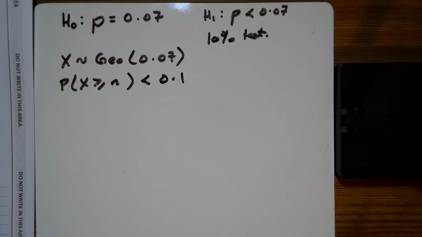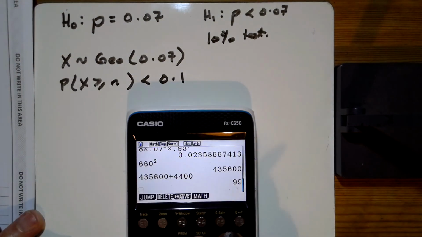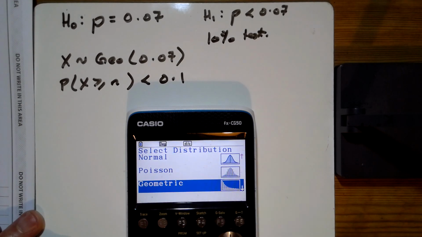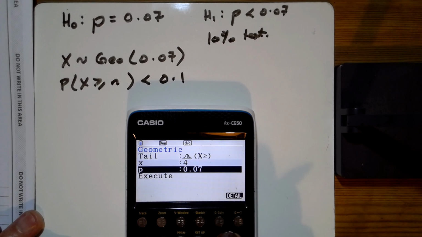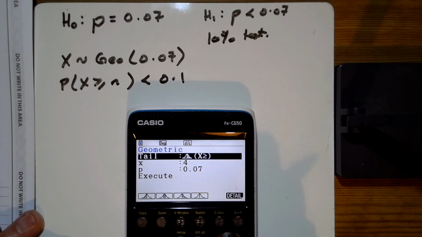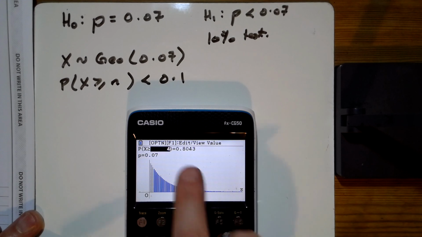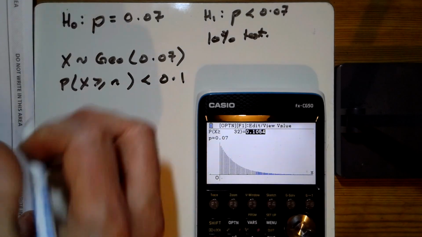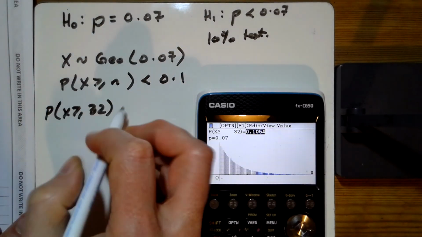You can do that directly from the formulas, or why not use our calculator to do this? So into the menu, into our distribution menu and our geometric. We've got the 0.07 here. We want greater than. Let's just go with that. That's the 4 from earlier. But I don't want this value to be 0.8. I want this to be 0.1. And so look there, the probability that X is greater than or equal to 32 is